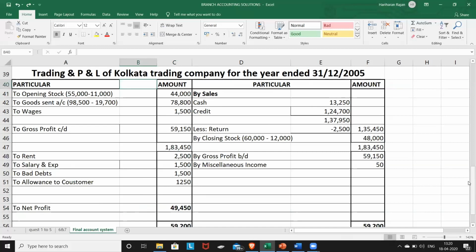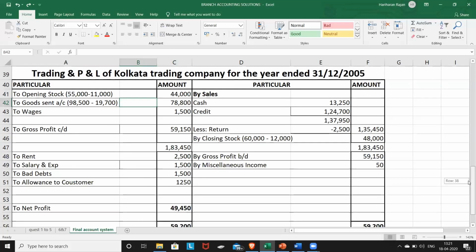So I'll just remove this Bangalore. So it is understood, if there were multiple branches, it will have multiple columns and one column which gives a final effect. So whatever is all the three branches has opening stock, finally total opening stock, all the three branches goods sent, total of goods sent. So I'll have each column for understanding the effect of each branch, and one column to know the overall effect of the total branch and total profit I have made.